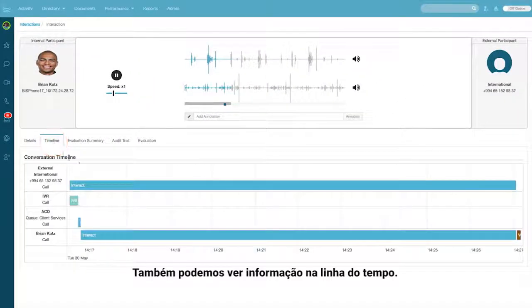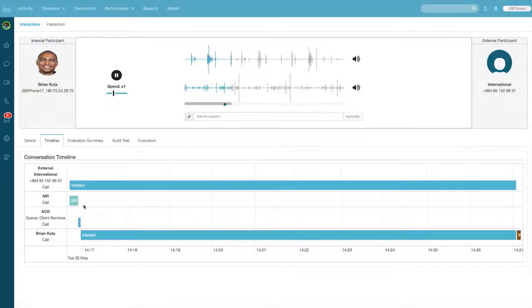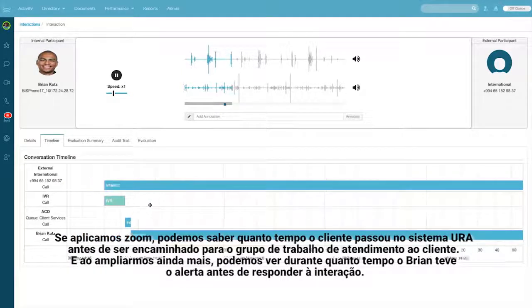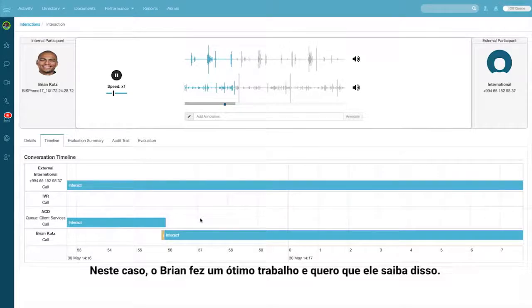We also have the ability to pull back timeline information. As I zoom in, we can see just how long the customer was in the IVR before they were routed to the Client Services work group. And as we zoom in even further, we can see just how long Brian was alerted before he answered this interaction. Now in this case, Brian did a really great job on this call, and I want to let him